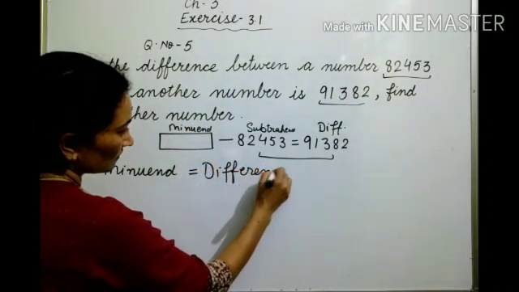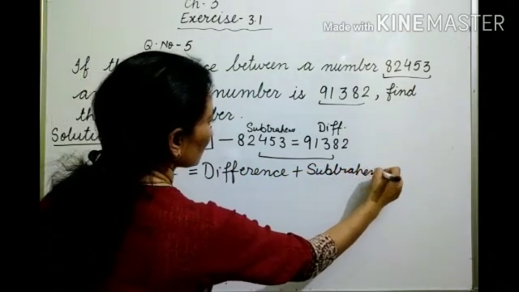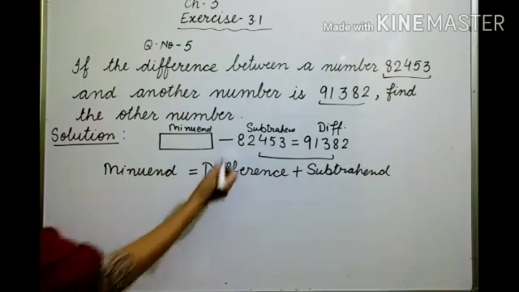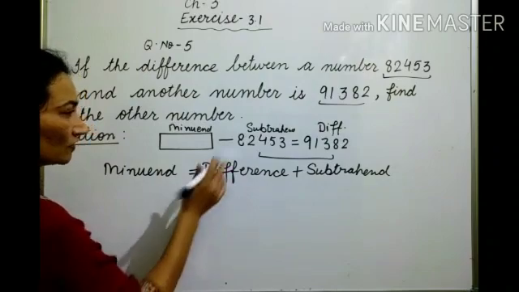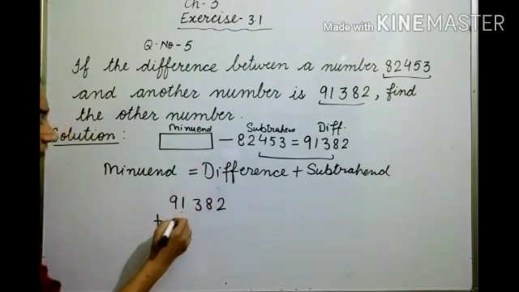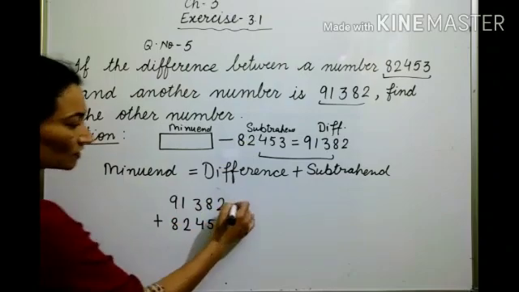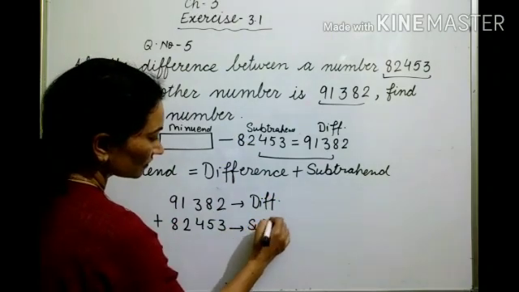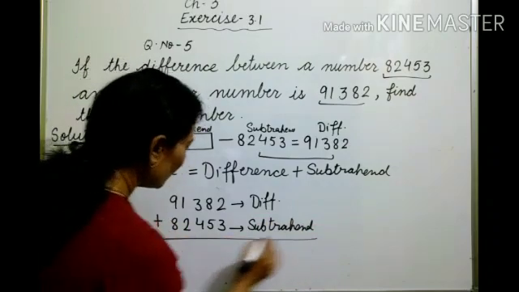Difference plus subtrahend. If we add these two numbers, then we will get minuend. Now we will add differences. We'll arrange first, then we will add. We will write both the numbers, difference and subtrahend. After adding, we are getting